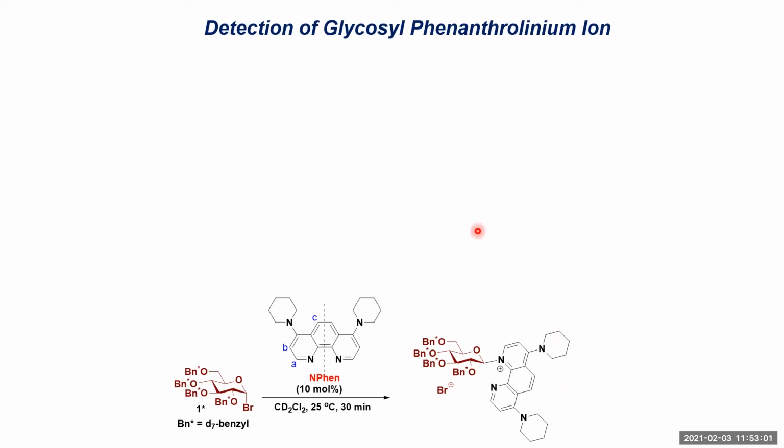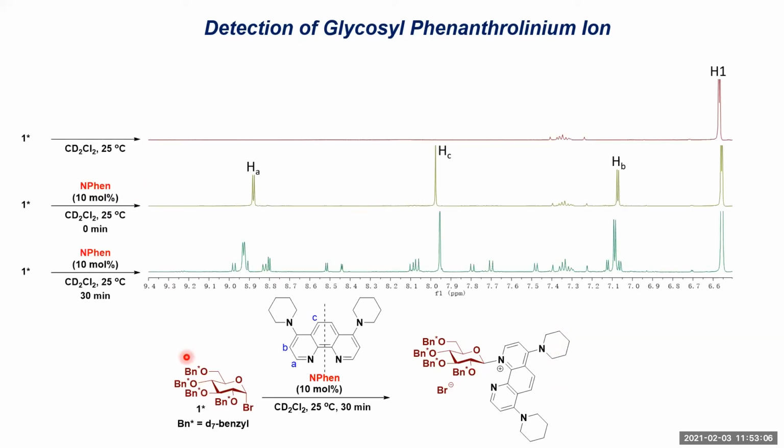So I went on and did this experiment. The first thing is I used this deuterated benzyl protecting group to mute the aromatic region for the benzyl protecting groups. And we can see this anomeric proton at around 6.5 ppm. And then as soon as I add the N-phen, we can see the 3 signals for the N-phen in the aromatic region, especially this singlet at around 8 ppm,